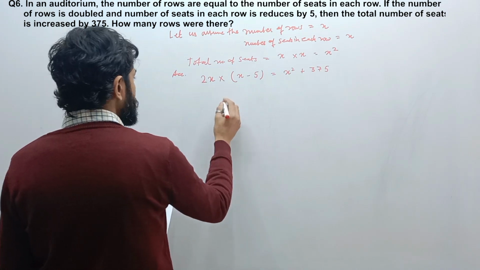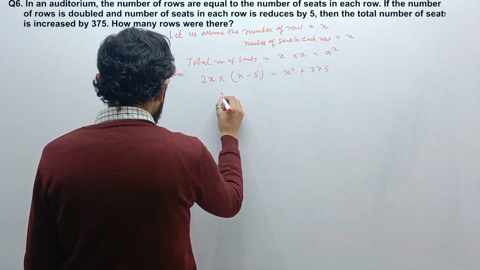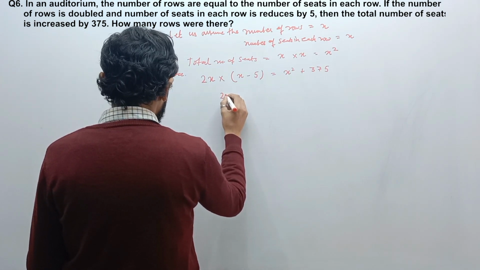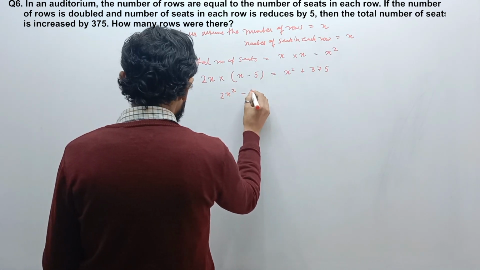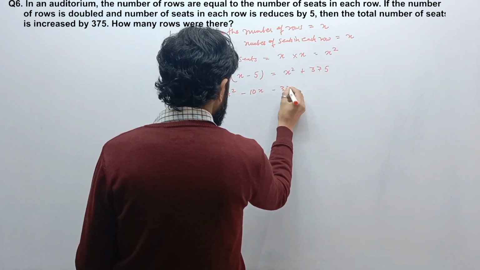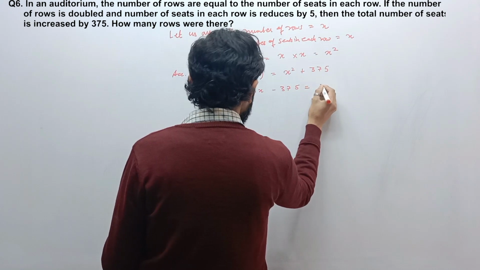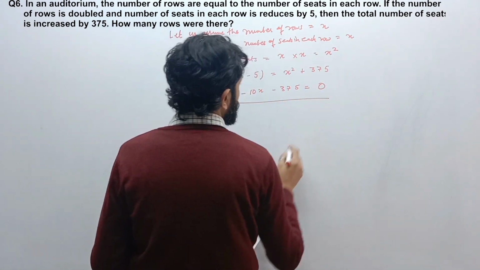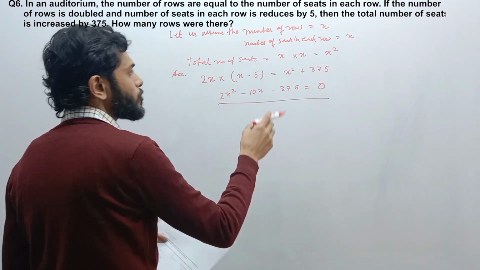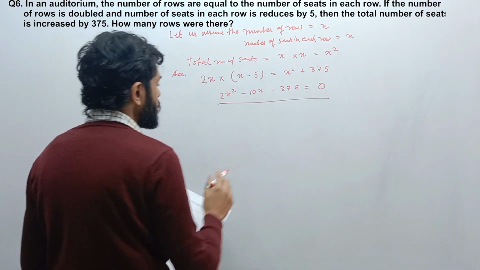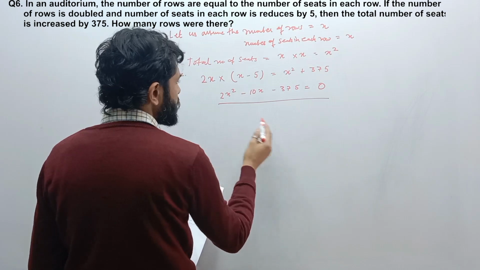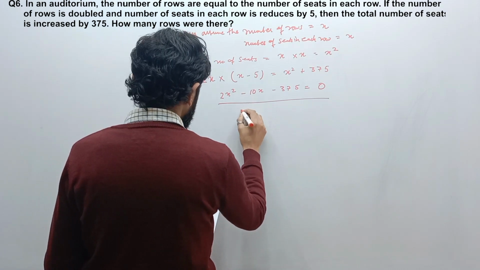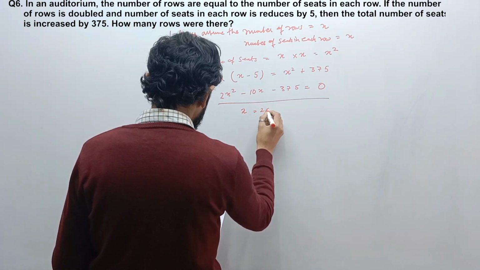Upon solving this, we get 2x² − 10x − 375 = 0. Now you have made a quadratic equation out of the given conditions in the question. Now upon solving this quadratic equation by any method, you would get x as 25 or